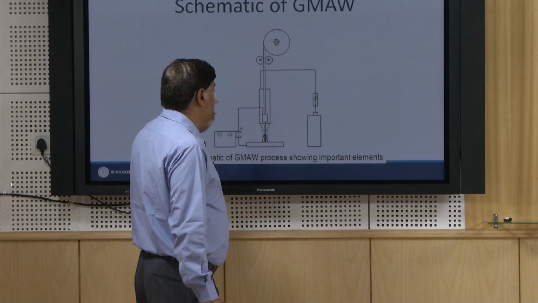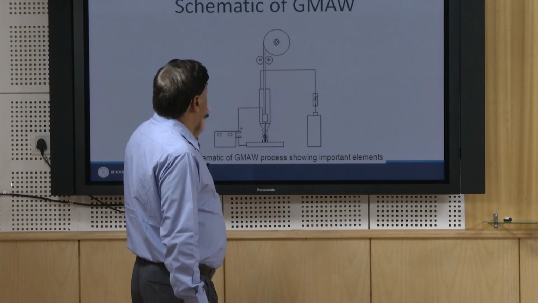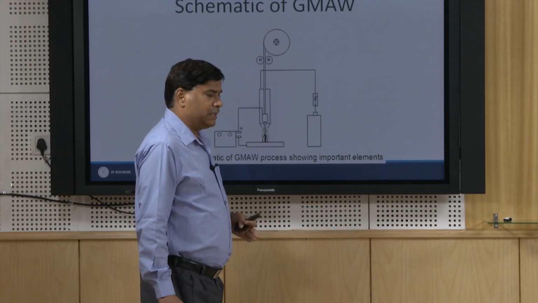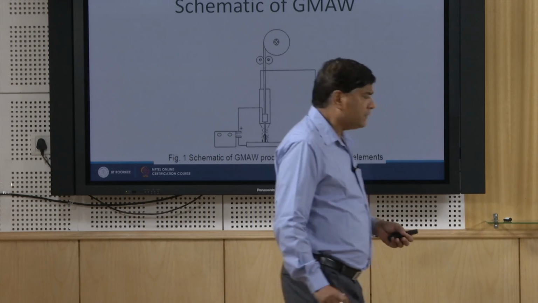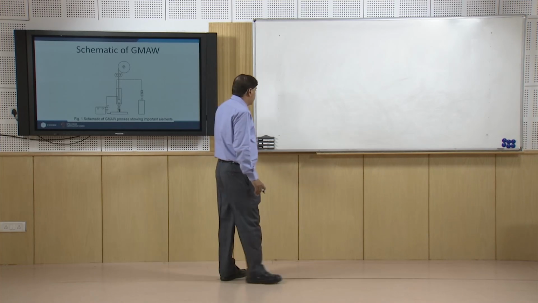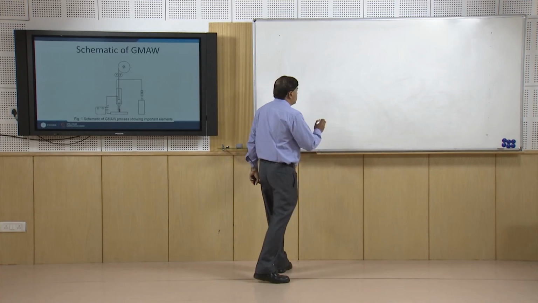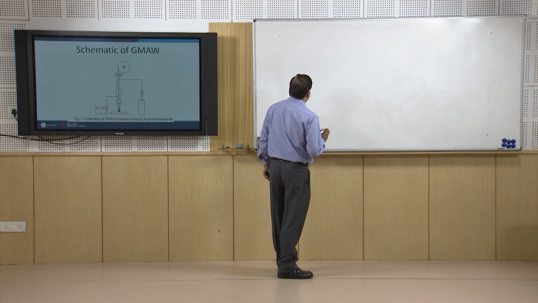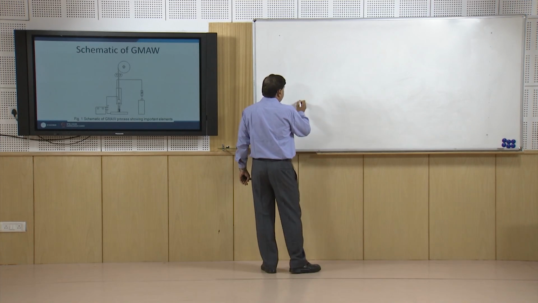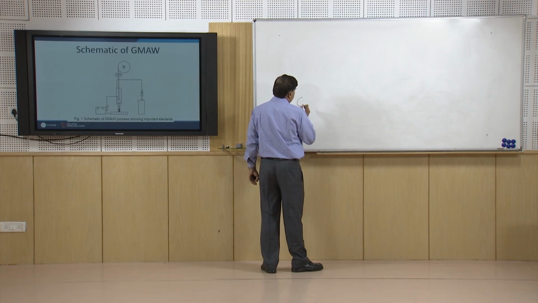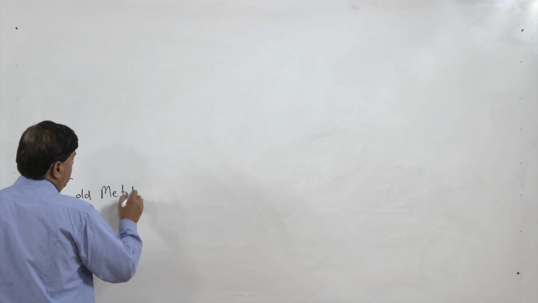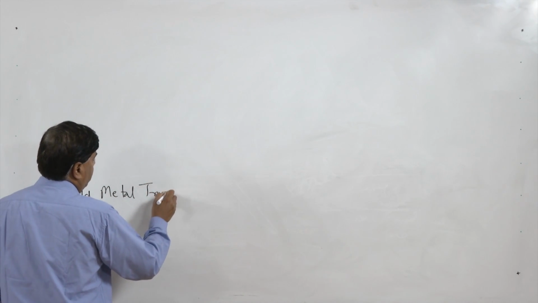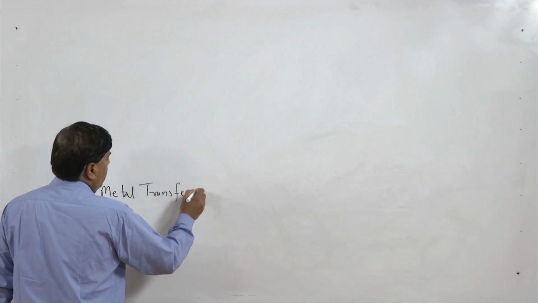So, this is one typical variant. There are various variants of the GMAW process. One variant is the cold metal transfer arc welding. So, here in this process, additionally, if we talk of the cold metal transfer welding,